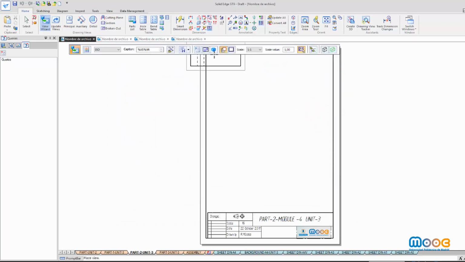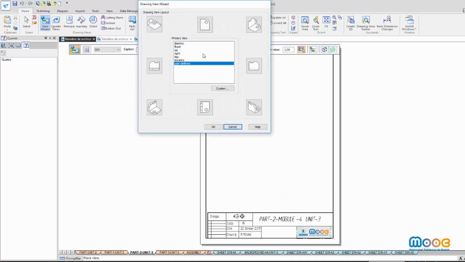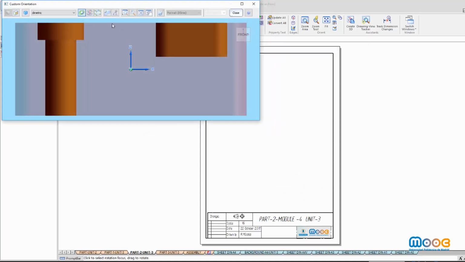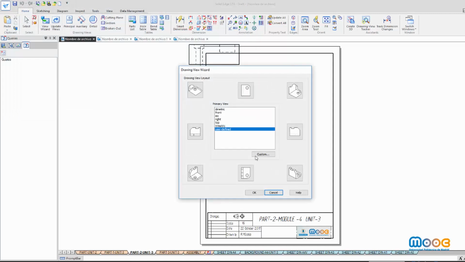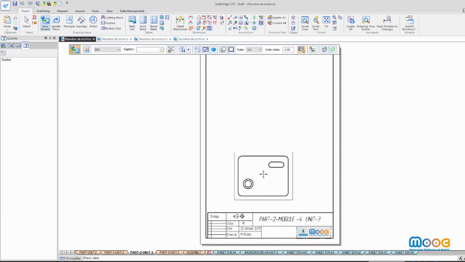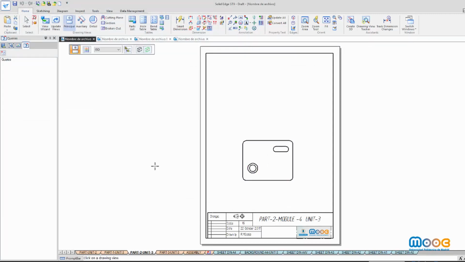So I customize it to change the view I need. Now I have my top view, and in this top view I will indicate the cutting plane.